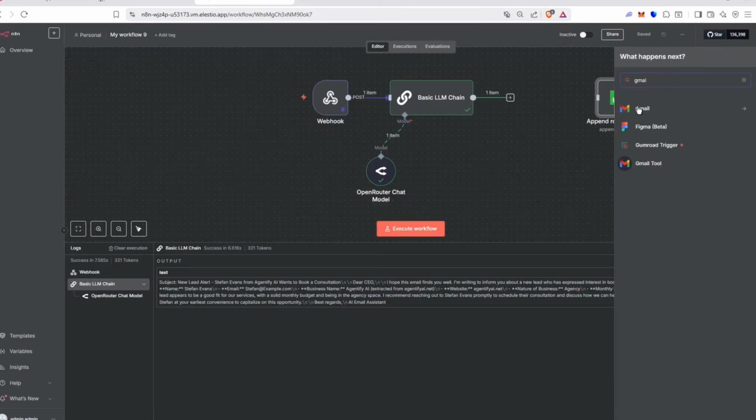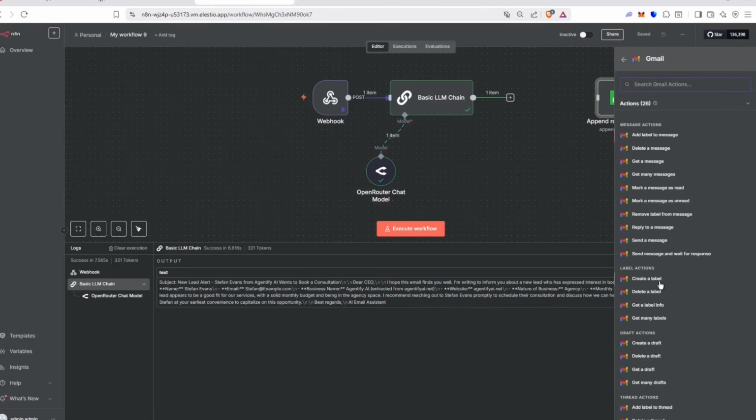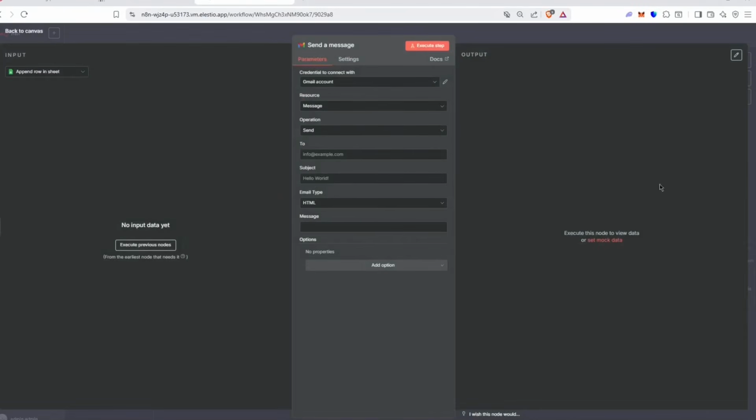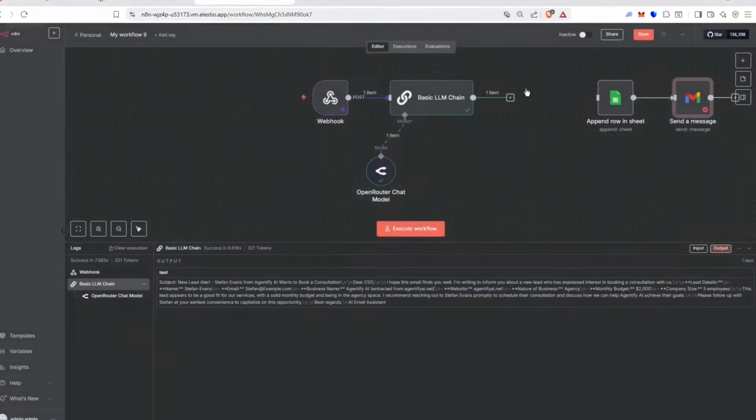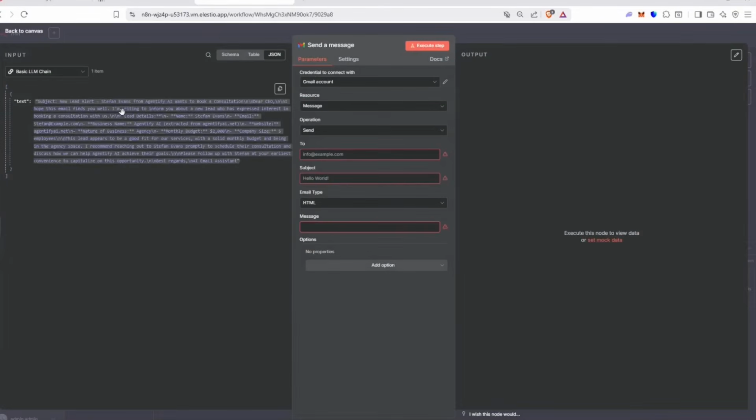So we can go to Gmail. Let's go to send a message to. So here, I'll show you right now. Okay, why is this connected? It's not connected here. I need that later though. So now we can see here, it output this big text block, but we can't say like to or the